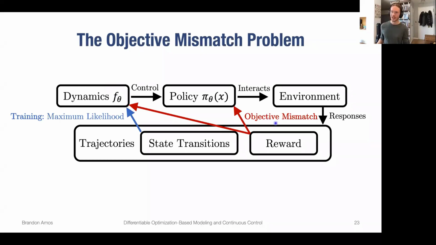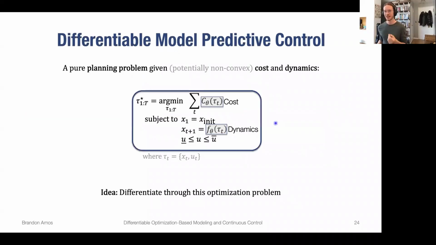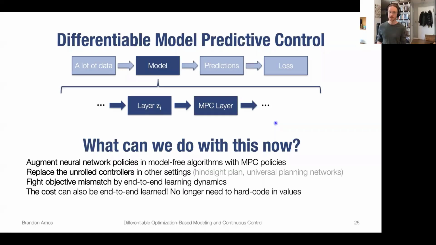So I think there are quite a few proposed ways of mitigating this issue, where differentiating through a controller is one way of getting around it, because it allows you to directly inject knowledge of the reward signal into the learning of, say, your system dynamics. So this gives you a replacement for black box policies in some settings. And you can just plug it in anywhere you can plug in a black box policy.